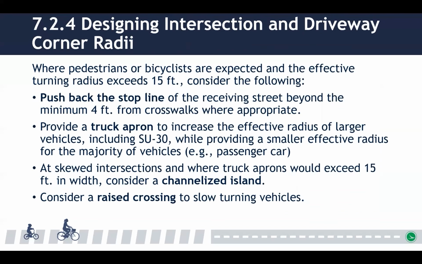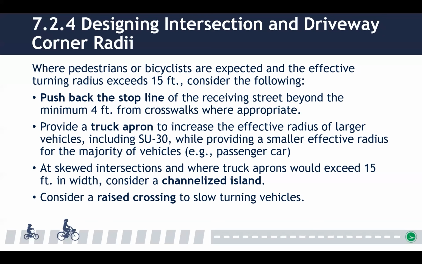To achieve the smallest appropriate corner radius, designers should use vehicle turning software or turning templates to minimize the corner radius while accommodating the effective turning radius of vehicles. Section 7.2.4 states that where pedestrians or bicyclists are expected and the effective turning radius exceeds 15 feet due to